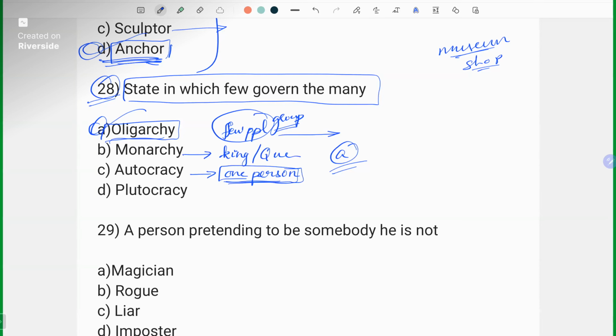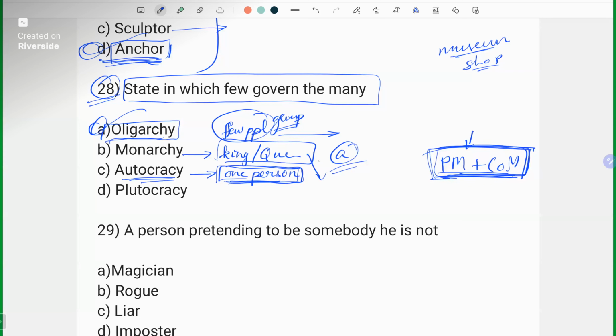Some person in some designation. But we study president, prime minister plus council of ministers; that is not a single person having all the powers concentrated in him. It is a body, an institution. But in some countries the whole raw power is in one person's hand. They call that autocracy. When the whole raw power is with a king or queen and it passes hereditarily to their children, that is monarchy. That is the difference between monarchy and autocracy. Plutocracy is rich people ruling a country. That is plutocracy, which will be mostly indirect.